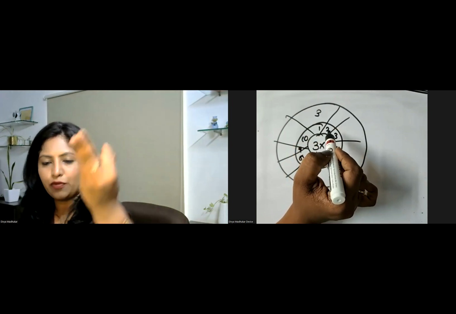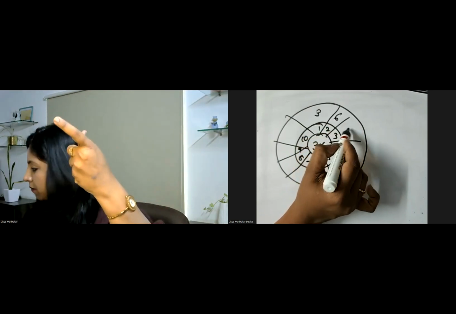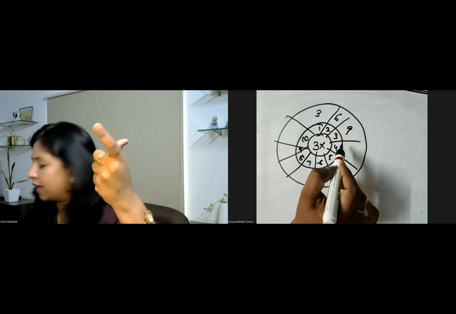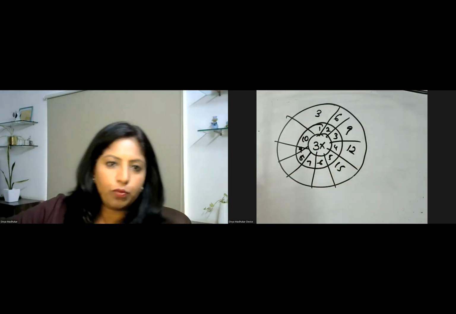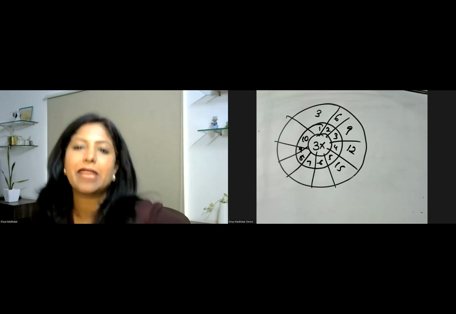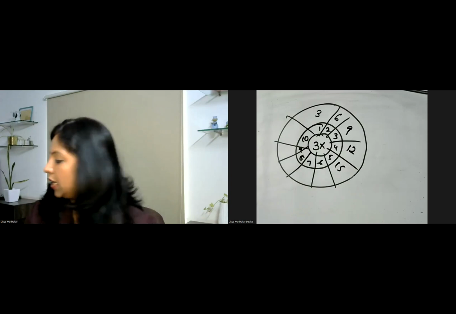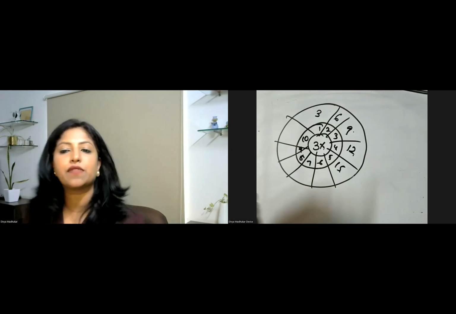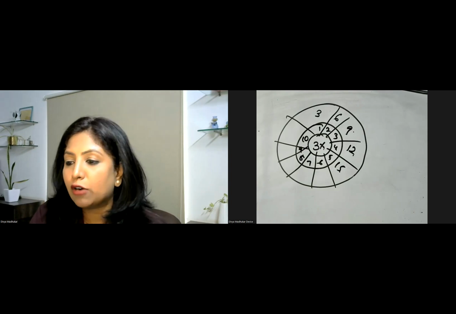So we need to skip 4, 5, and 6. So we have to skip how many? 3. Again, skip 7, 8, 9. Skip 10, 11, 12. Skip 3. So you can actually go that way. So this is also related to your skip counts. This is also one more kind of chart that you can work with. And then you can give them 3 3 times is 9, 3 4 times is 12, 3 5 times is 15. So you can go that way also. This is also one of the ways that you can work on skip counts for your children.